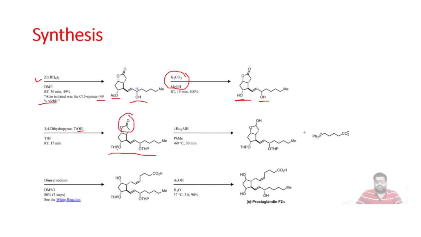lactone group. But a harsher condition will completely reduce this lactone. So E.J. Corey and co-workers used DIBAL, that is diisobutyl aluminum hydride. So this DIBAL reagent will partially reduce this ester, or I will say simply this carbonyl group of the lactone is reduced to OH group. So friends, if you look at this molecule, this is nothing but an acetal protected alcohol group. So how will this acetal hydrolyze? It will give us CHO over here and OH over here.